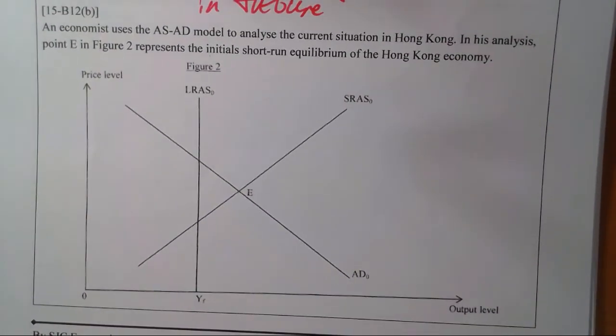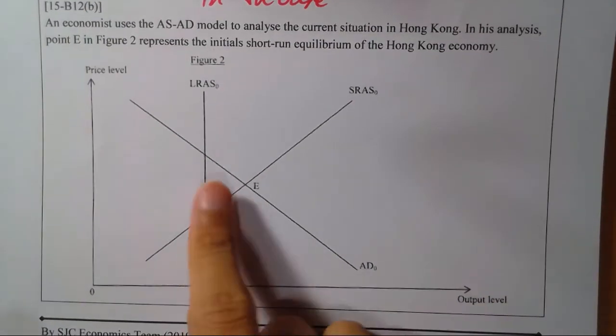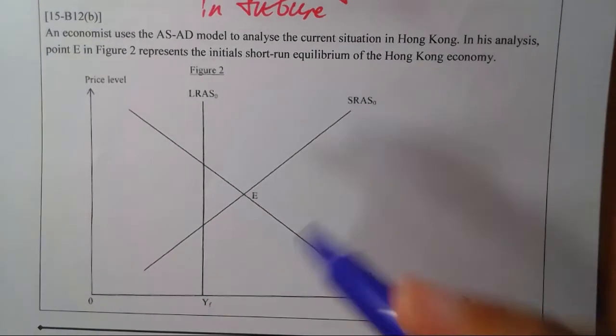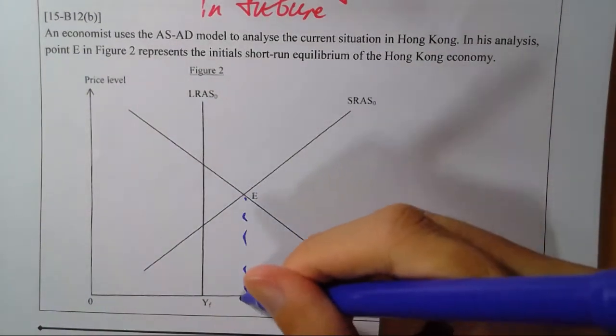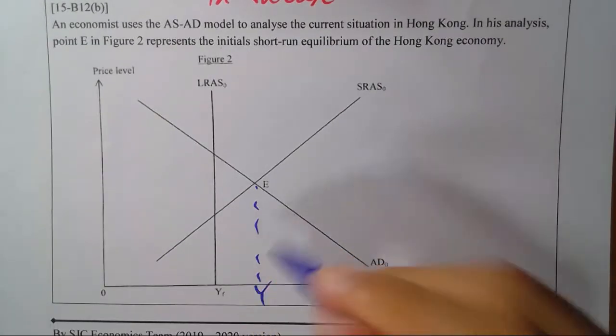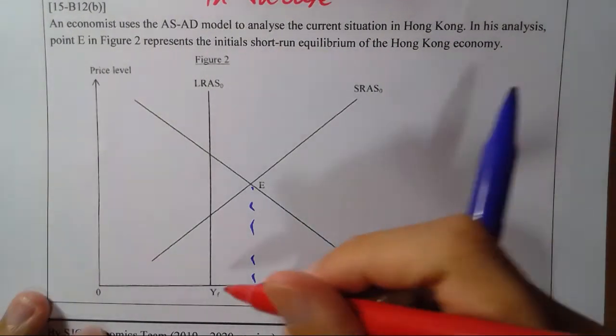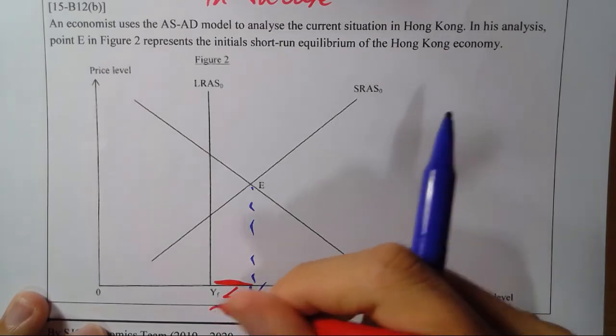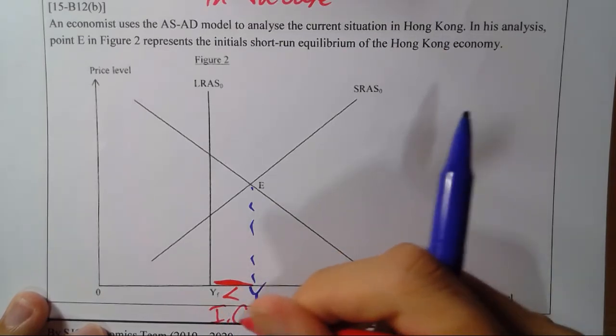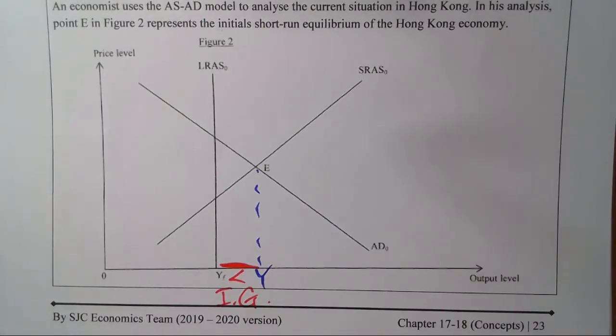Now next one, you have seen this, I think, in the last video. We did part C. This time we are doing part B. Now, you are given a diagram like this. If you remember, this is our Y. Y bigger than YF. We call this the inflationary gap. This is the inflationary gap, right? Now it says,